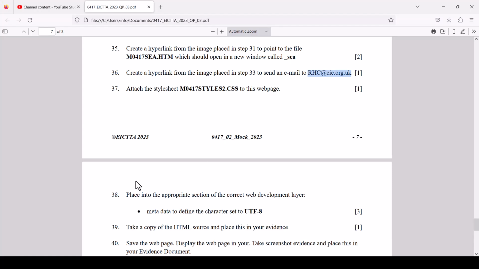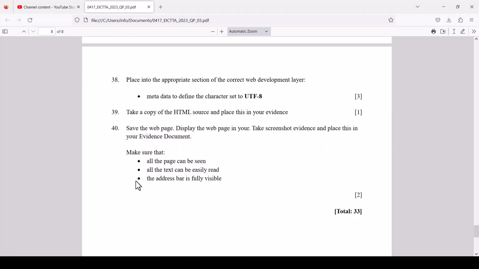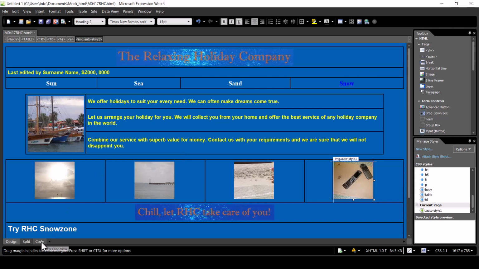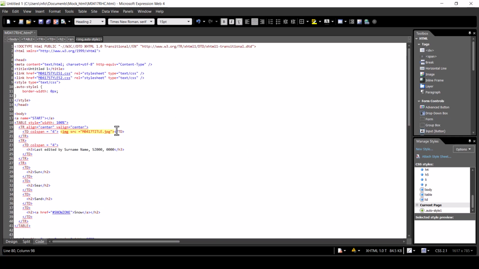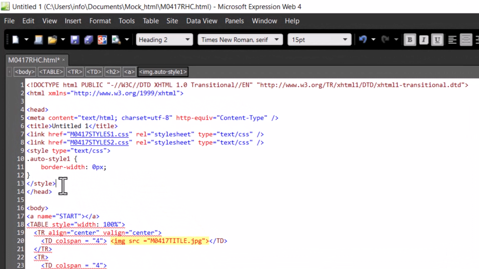So let's go to step number 38. Number 38, place into the appropriate section of the correct web development layer metadata to define the character set to this one here. Okay, metadata. It's any data that is going to be used by the web page, but it's not going to be displayed anywhere in the web page. So where do we put that in the web page? We are going to go to the code. We place that in the head section of the web development layer. So it should be in the head section. So let us just place it